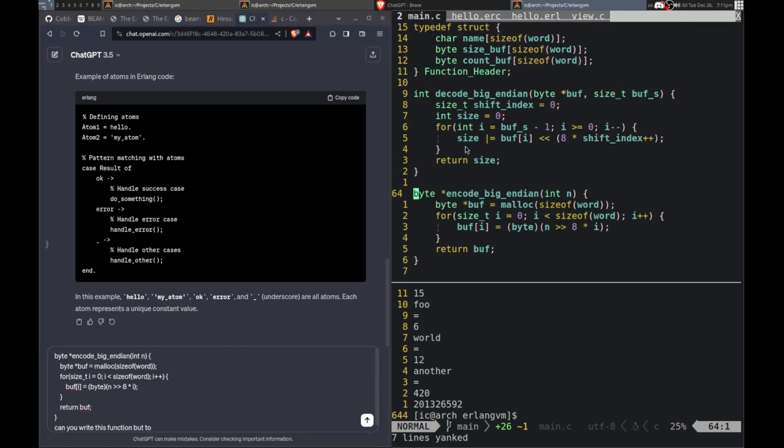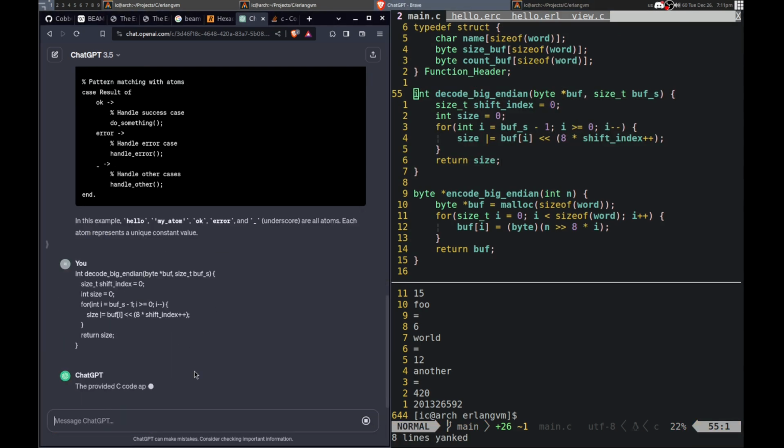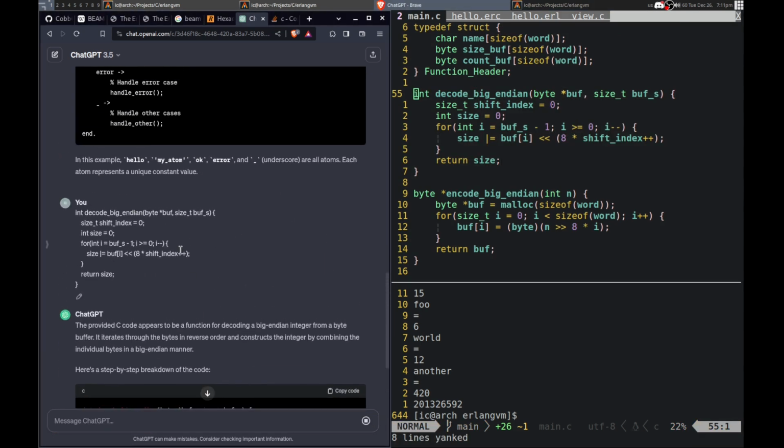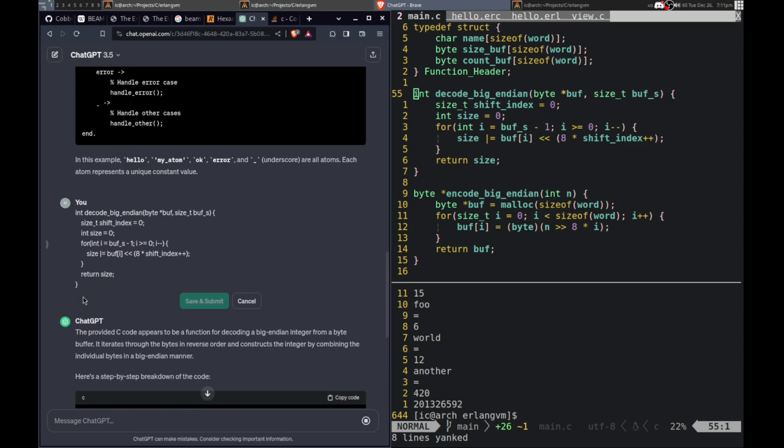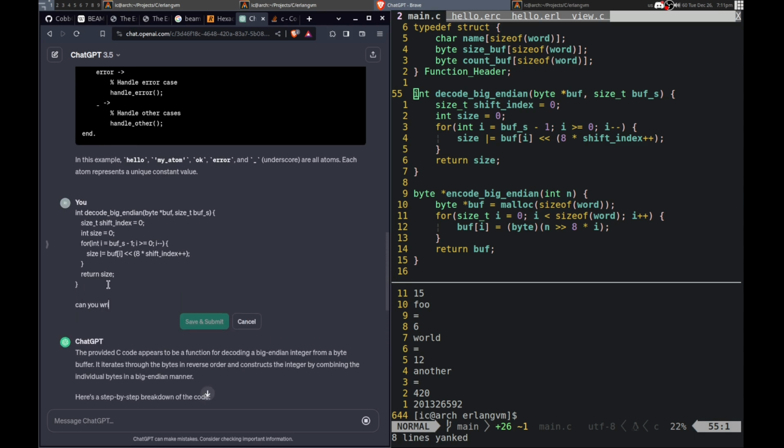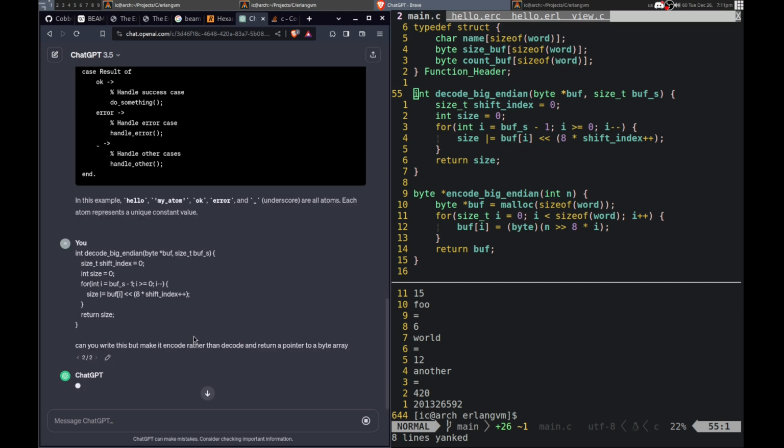No, yeah, I got the wrong. I want to do this one actually. Whoops, I didn't mean to do that. This, but make it pointer to a bytecode. Alright, do that.